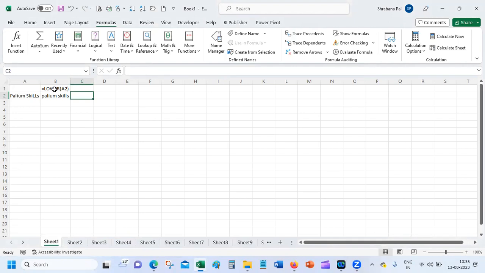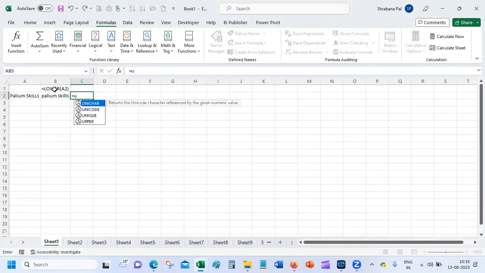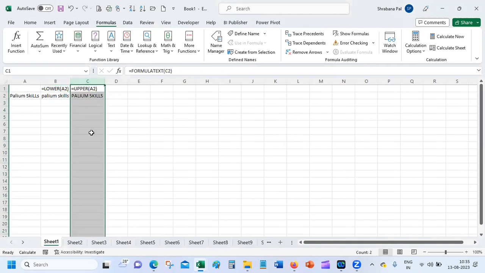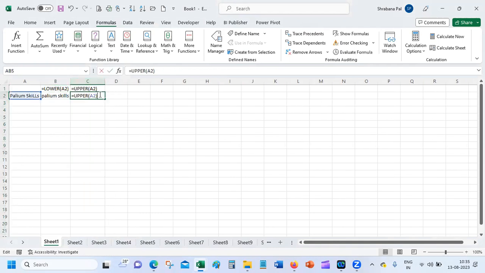Now lower, what is the opposite of lower? Upper. So we will type a few characters, then you can press the tab button. You will get the rest of the function and click on the cell whose value you want to convert to uppercase and press enter. Got it? So you will get the formula upper. So everything has now become